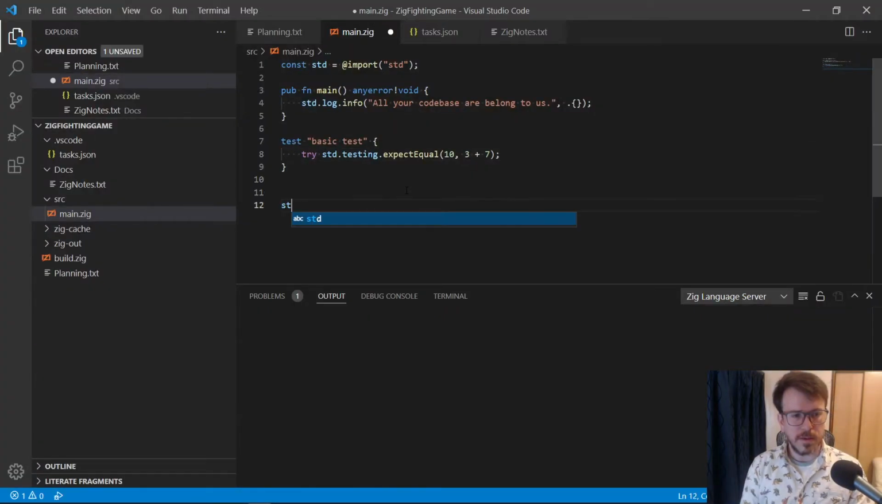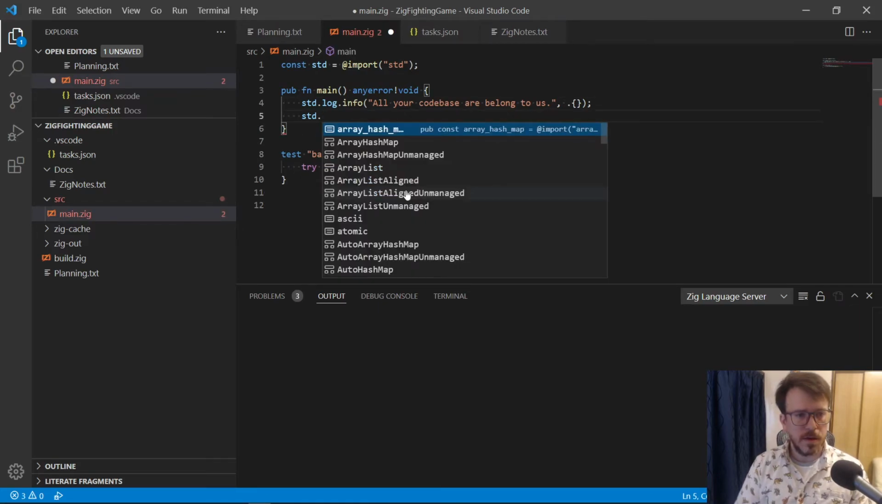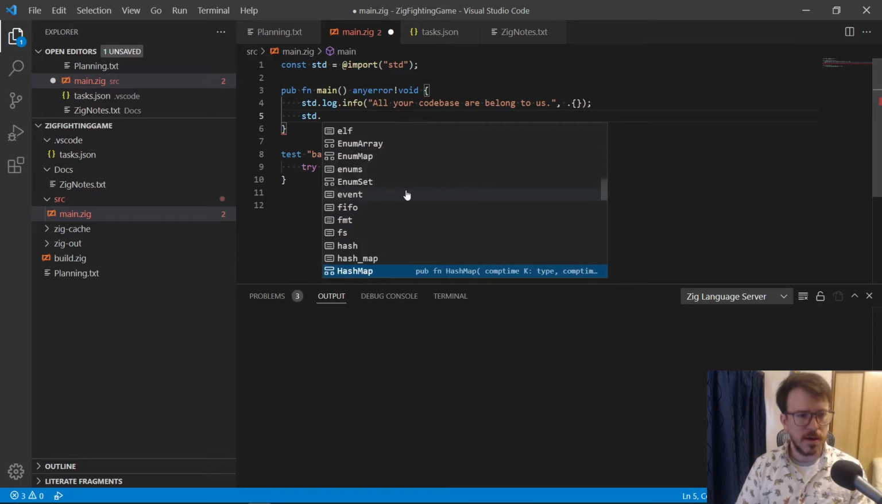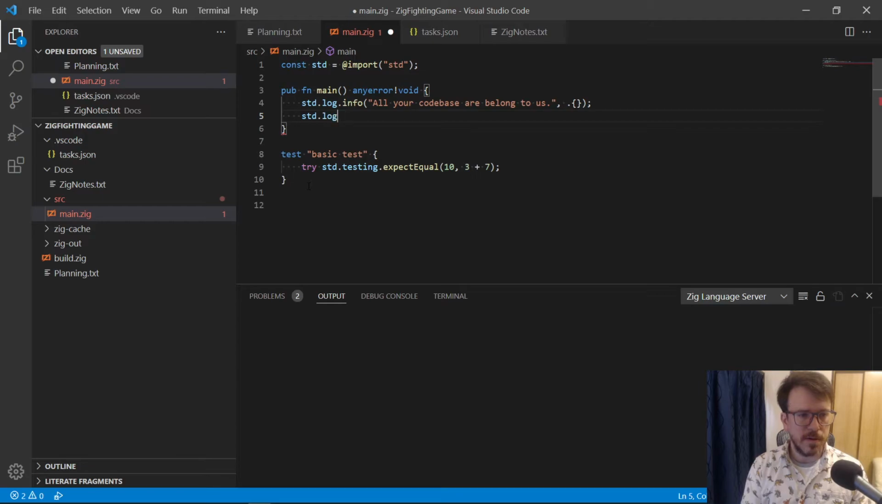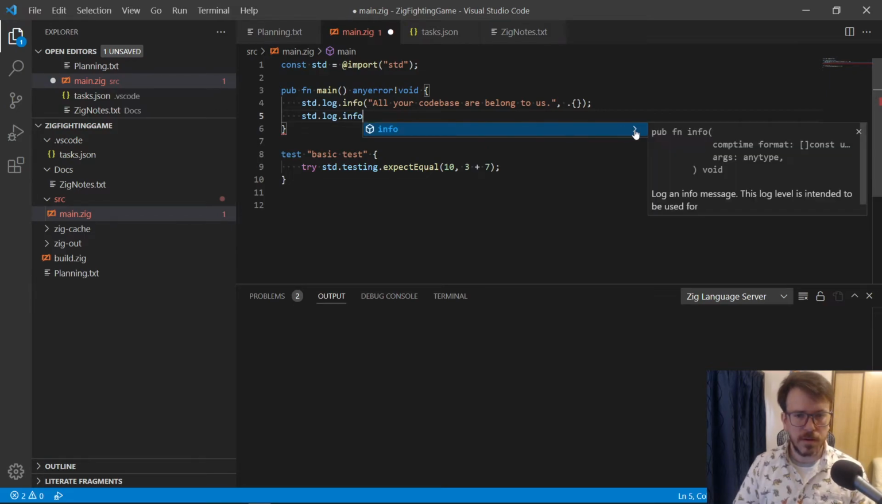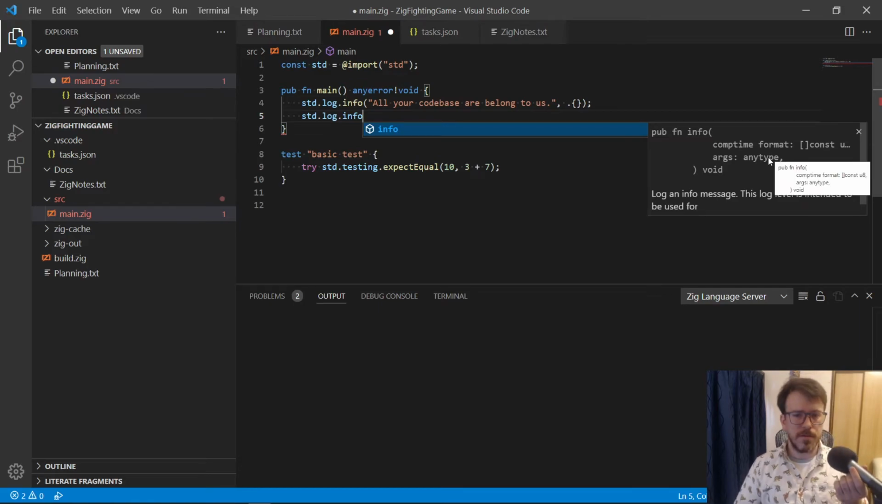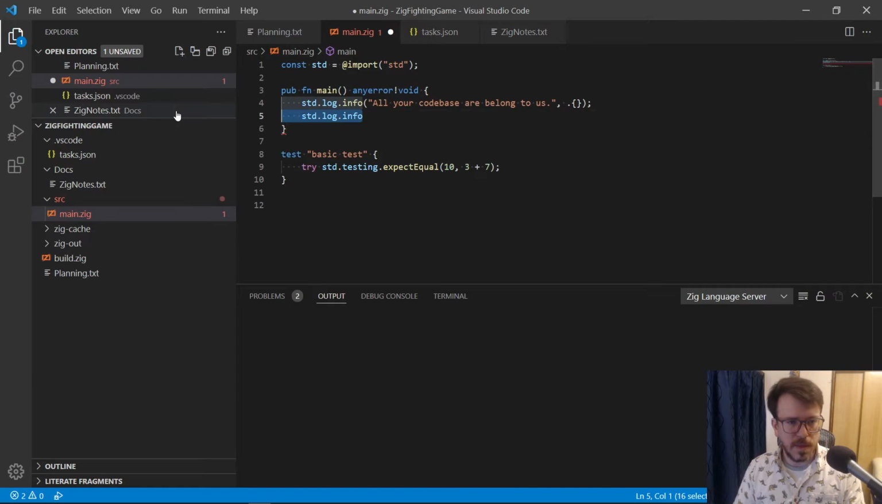So if we do something like standard like this, or I don't know, if we go in here and do standard, we have all these suggestions it gives you. That's nice. That's what the language server gives us. So if we didn't know how to use log or whatever, yeah, it would help us out. Because it gives you the signature for the function. Okay, that's cool. That's nice, but still,